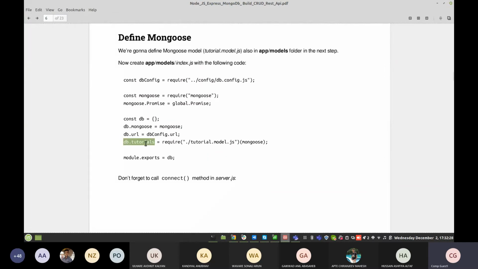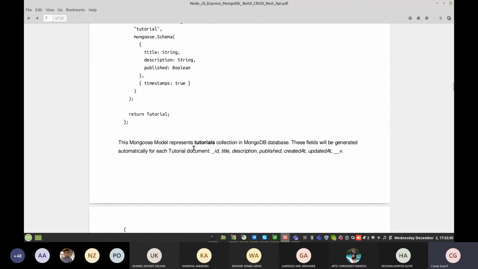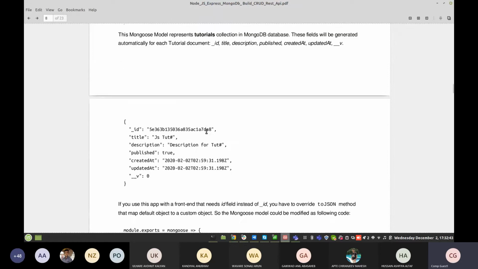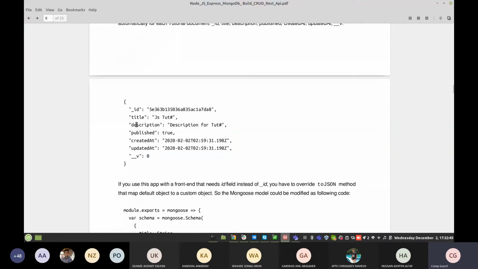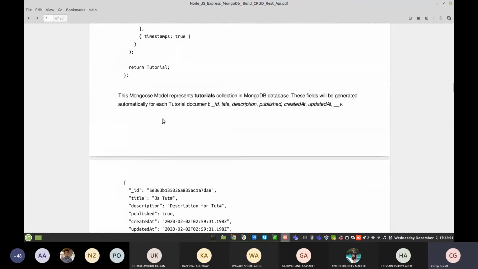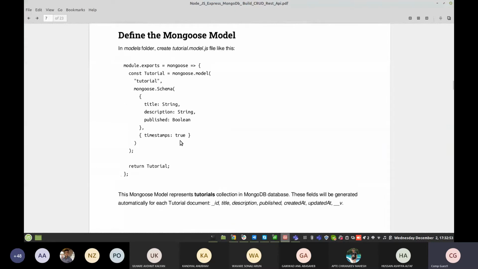This tutorials is your collection, and the fields generated are the default ID, then title, description, publisher, and timestamp. This is the object that is created whenever you insert information into the DB using your REST API.